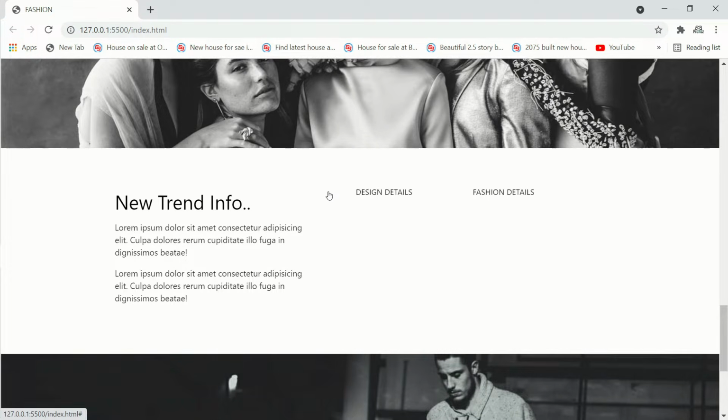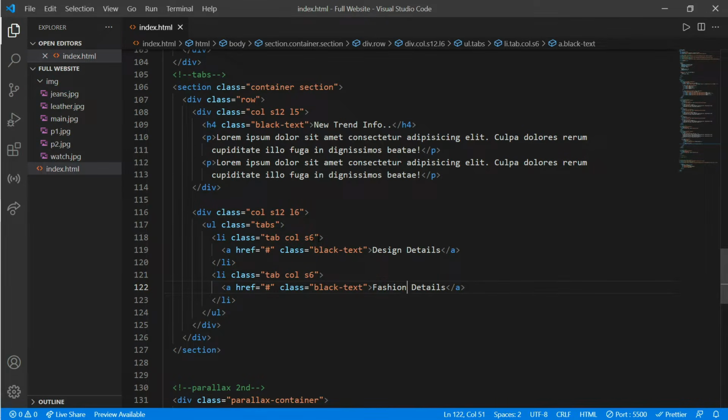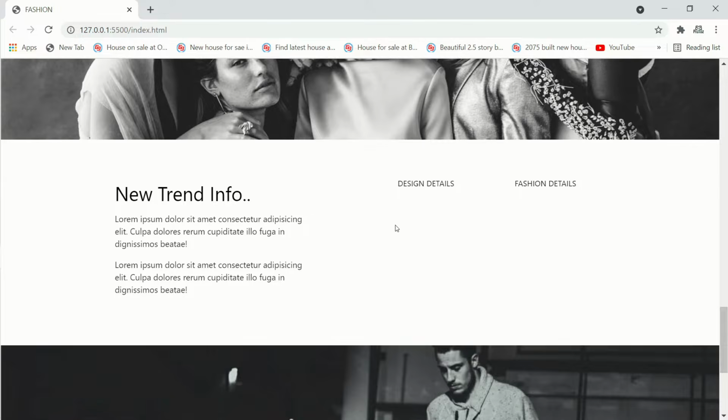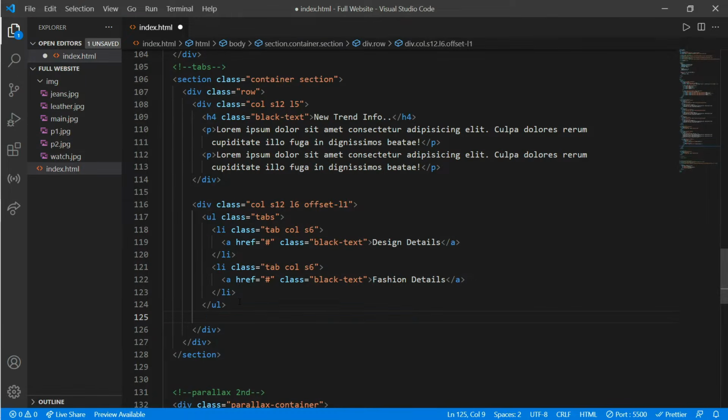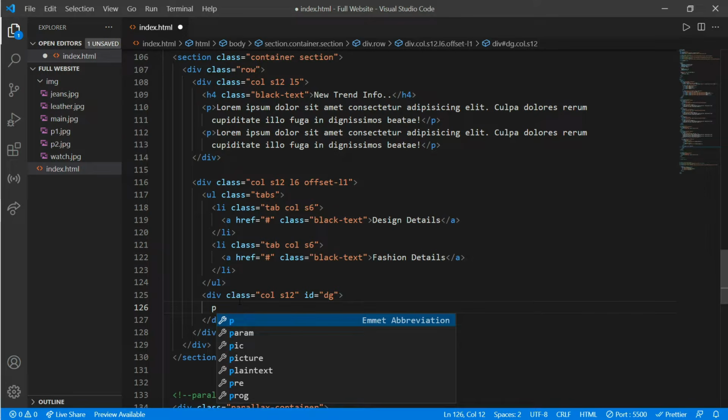Okay, and now we need to add some space in between these two sections. For that we'll be adding a class of offset l1. Okay, it looks good now. Now we will be adding some paragraph over here. For that, create a new div with a column of s12 and give an id, let's say dz for design, and let's add some paragraph with a flow text